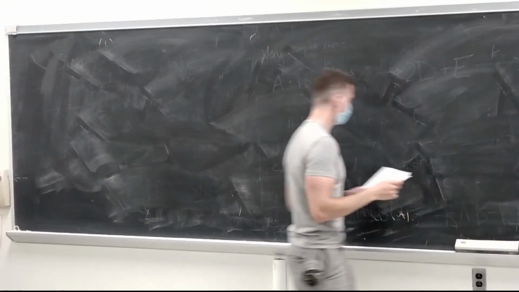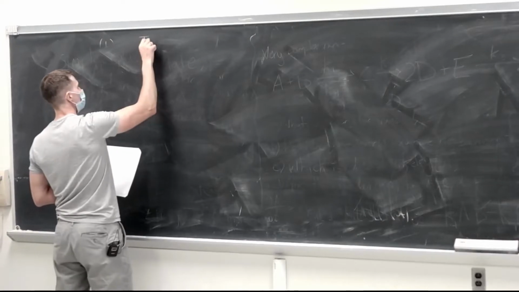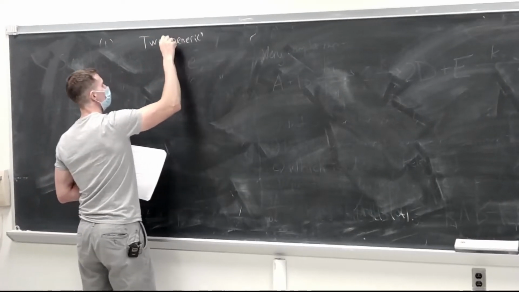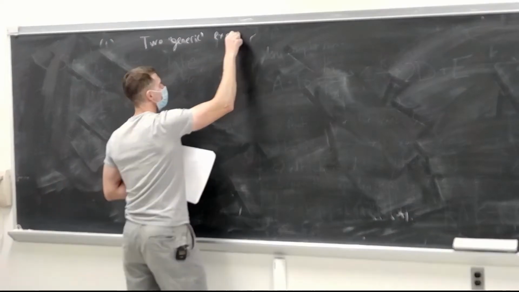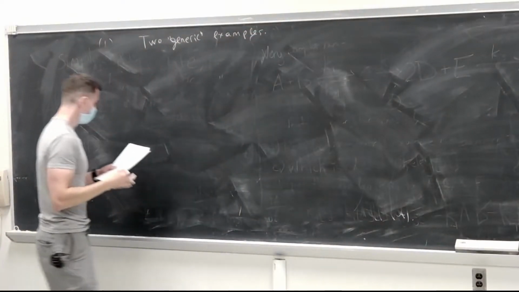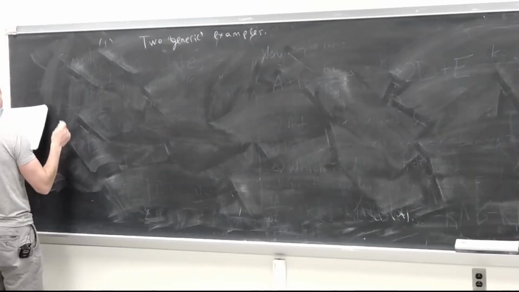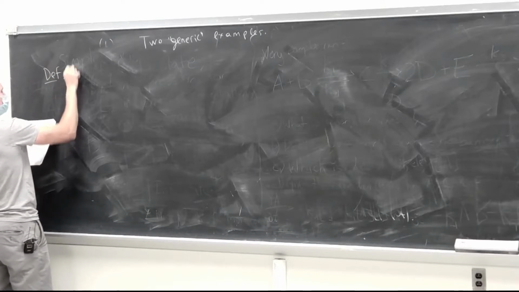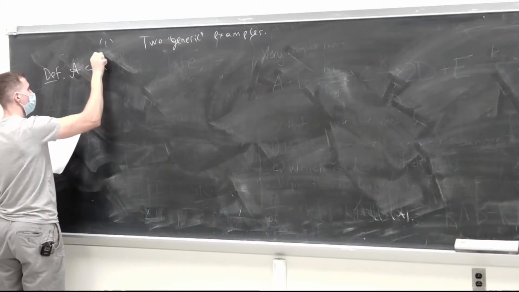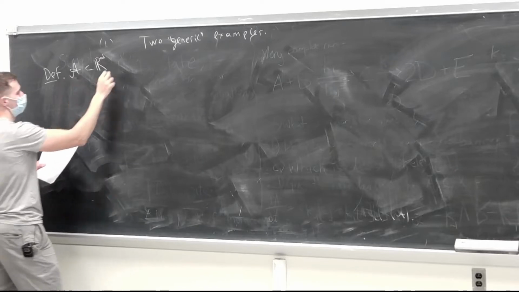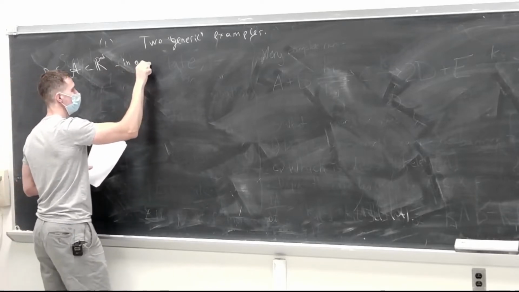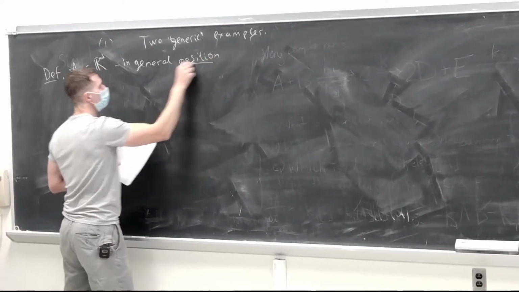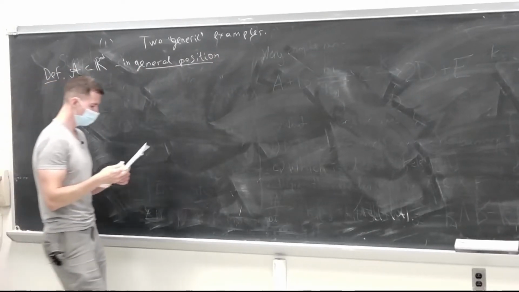Now the next thing I'm going to do is compute 2 generic examples. And the first generic example is hyperplane arrangement in general position. So let's say you have some hyperplane arrangement A. And I'm going to say that this arrangement is in general position if